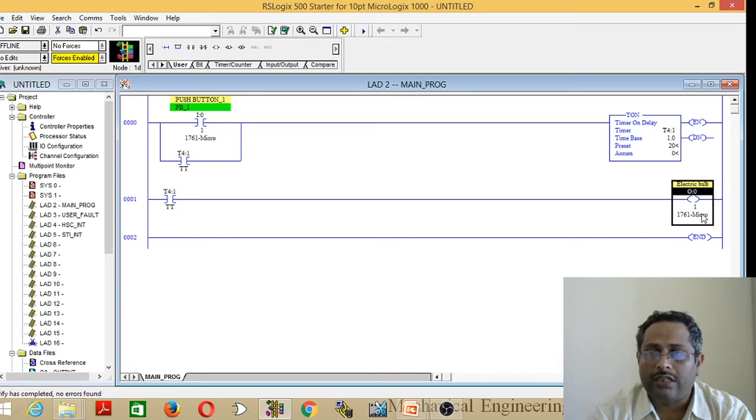It will be on until the accumulated value is equal to the preset value, and when it reaches the preset value, that is 20 seconds, the TT bit goes to false and it will open and the electric bulb will be off.